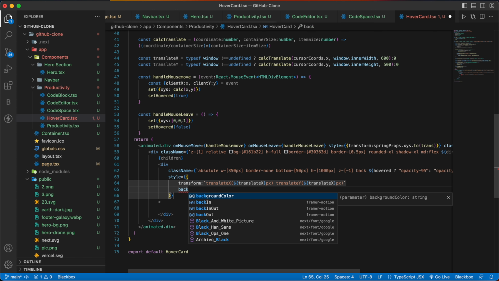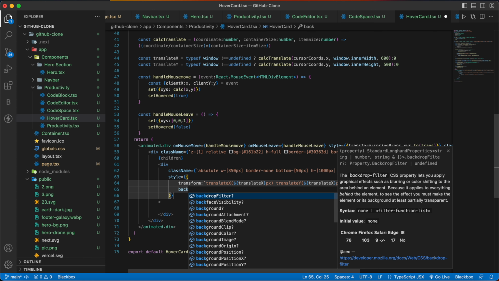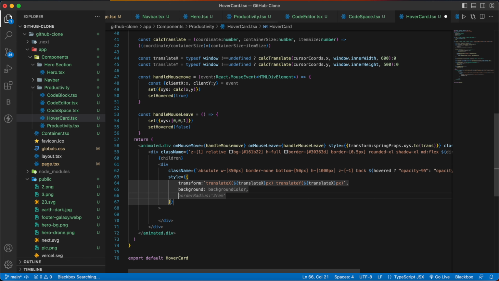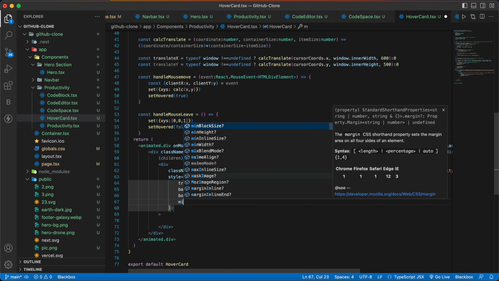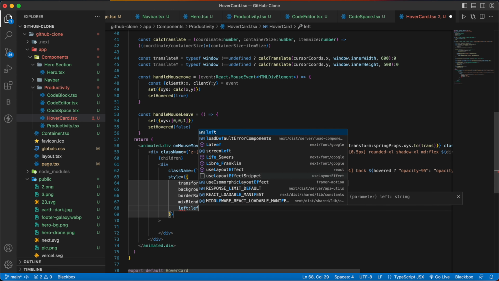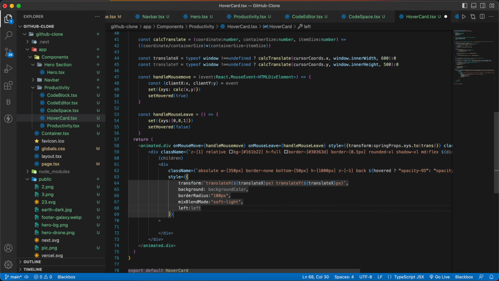Then we are going to have our background, which will be background color. Then we are going to have our border radius, which will be 100%, and then we are going to have mix-blend-mode, soft-light, and then we are going to have left equals to left, and then we are going to have willChange to transform,